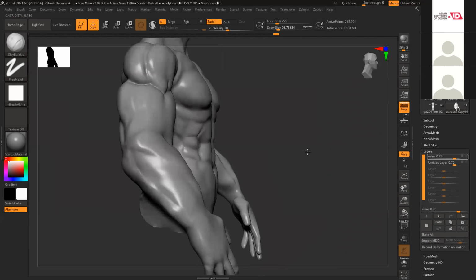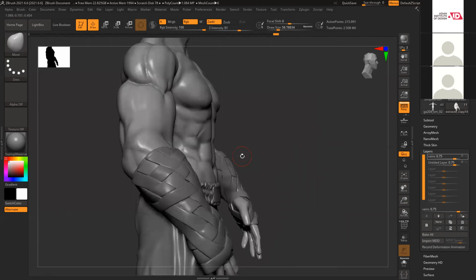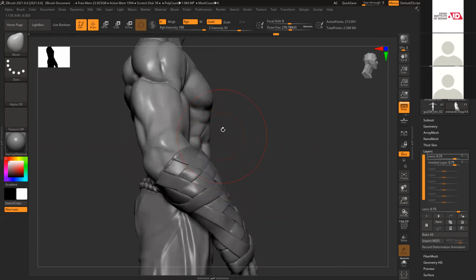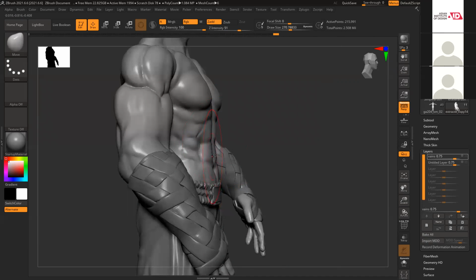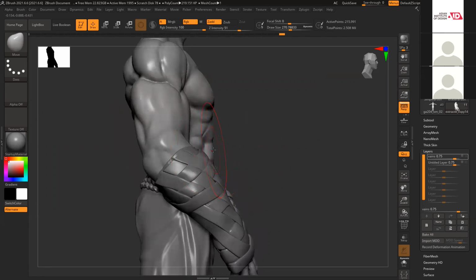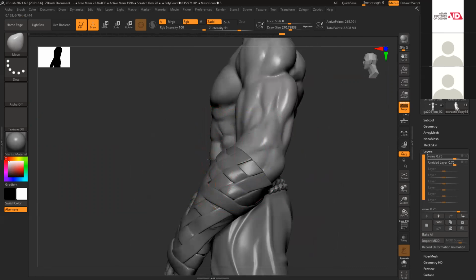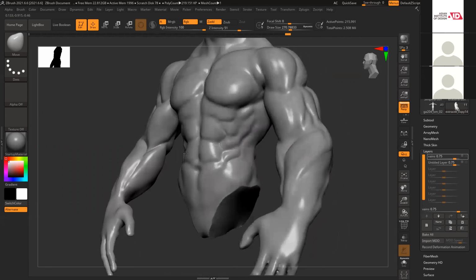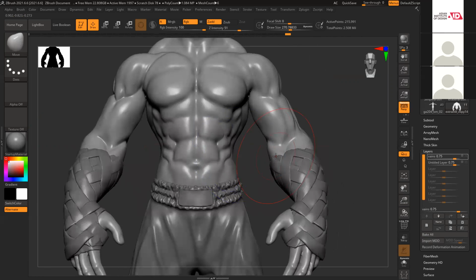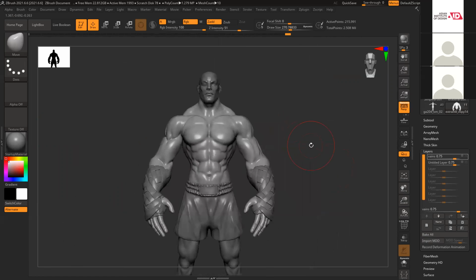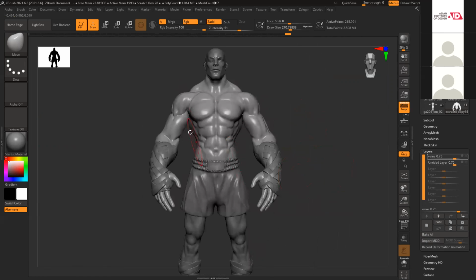Now the abs are fine, but abs are usually not this straight, they're slightly outside, slightly curved. There's a very little bend. The rest is going fine.